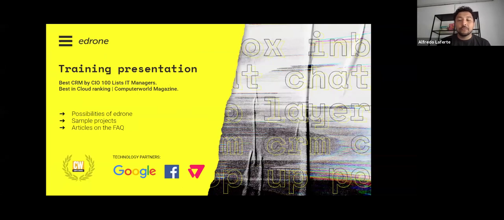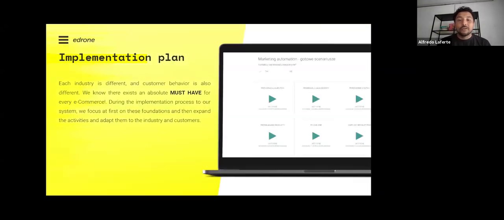So one of the first things that we need to know about Idron is how many possibilities we have here. It's an amazing tool and a great system to improve all the processes inside of your e-commerce or your online shop. So one of the first things that we need to realize is that we need to have an implementation